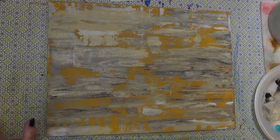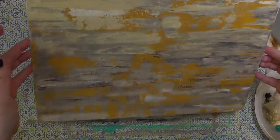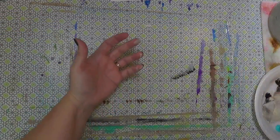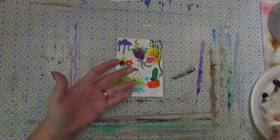All right, I'm liking that. I'm going to let Mark do his skills here with the hairdryer. He didn't know he was going to be doing that, but you can kind of see what we got going on here. I think it's looking pretty good. I'll give that to you. And clean off my hands real quick, and we're going to have to try to find something to put on